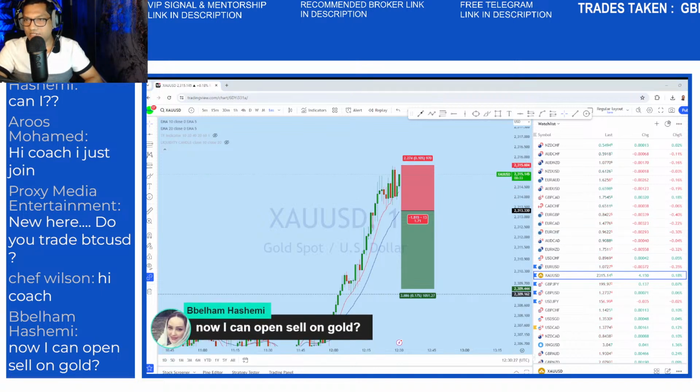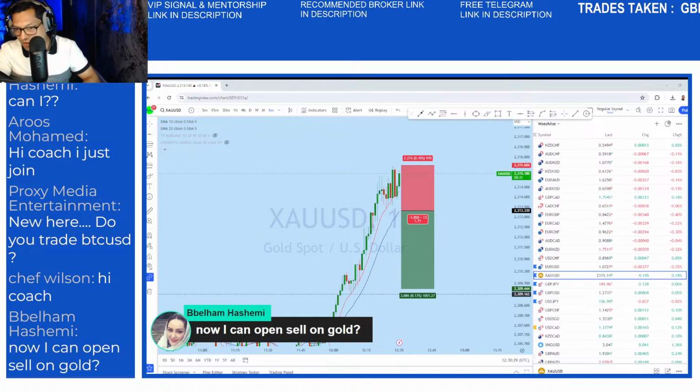So we placed a sell stop at 2313.33, not by market. It's a pending order. Make sure it's not a buy market trade. It's a pending order, sell stop. So if the market drops, we will get triggered. If it moves up, then we will not get triggered. Basically, it's a reversal trade. If the market manages to break below and start a new trend, then we might see that drop.